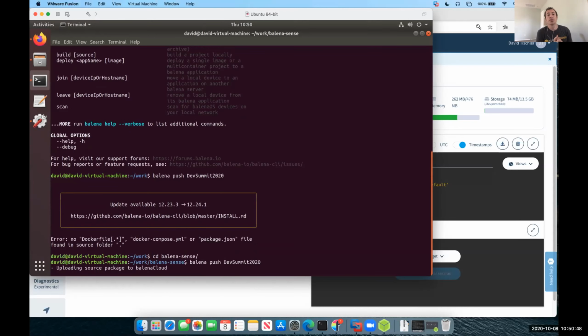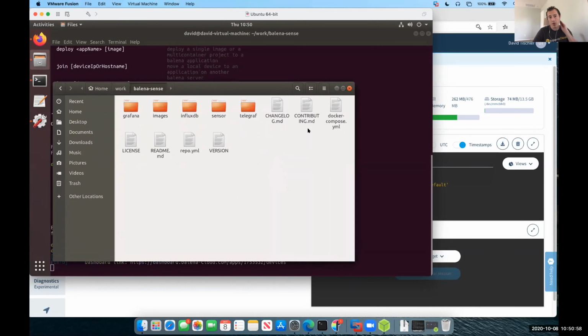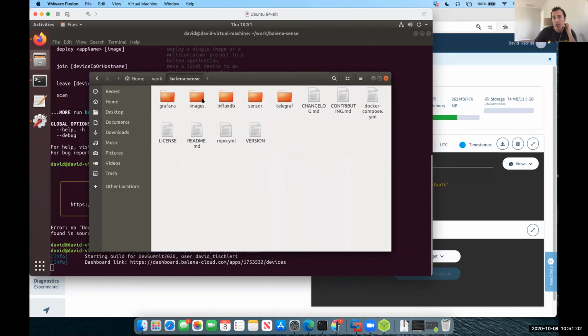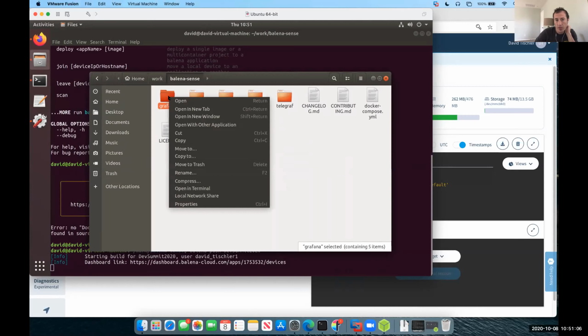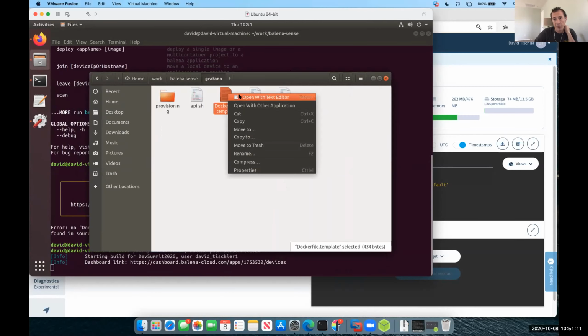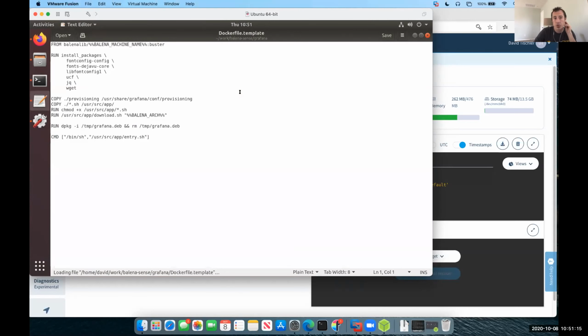When I do this, it is going to examine the contents of the folder. That git clone brought down all of those same folders that we saw earlier. There's 5 folders here, and we've seen these before. Let's open up Grafana. Inside of Grafana is a Docker file, and that Docker file contains the set of instructions